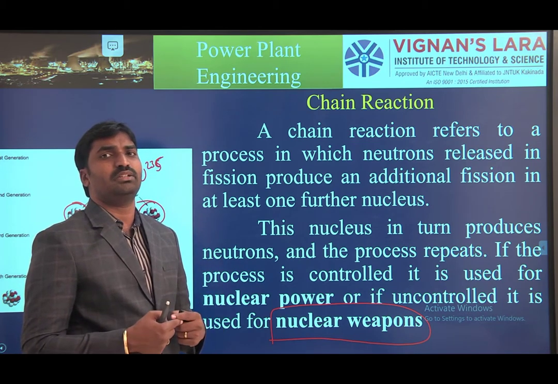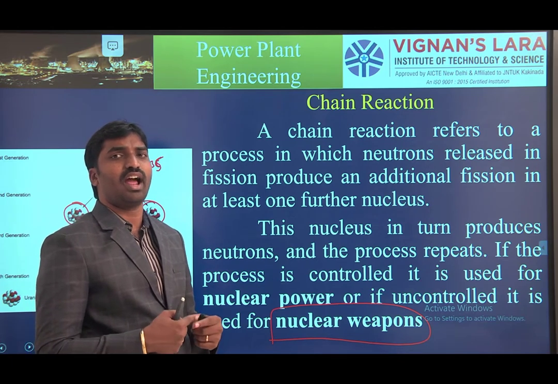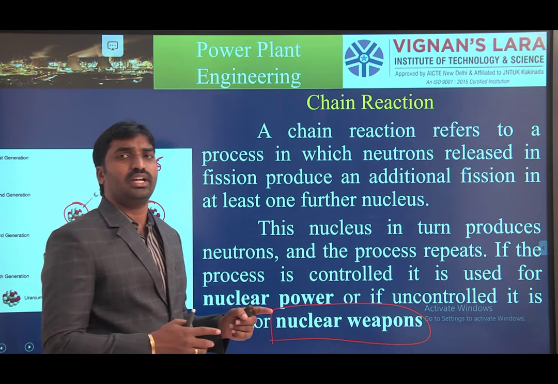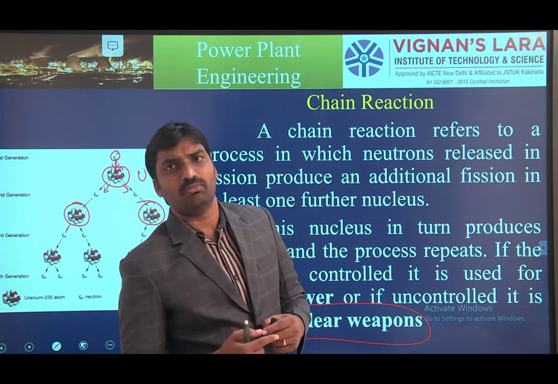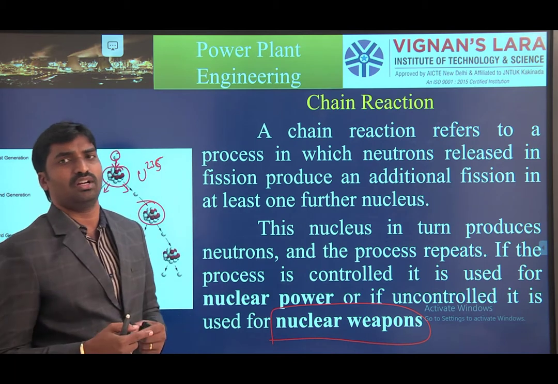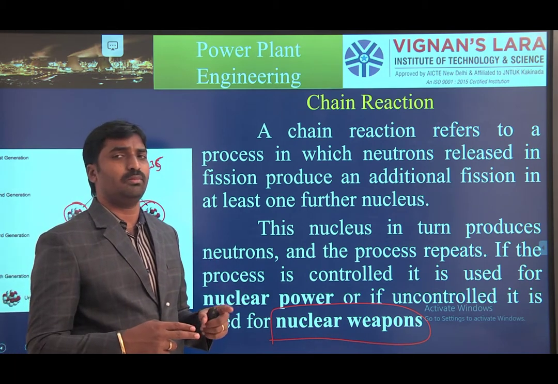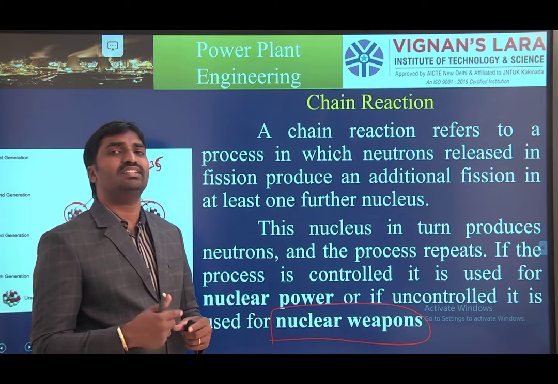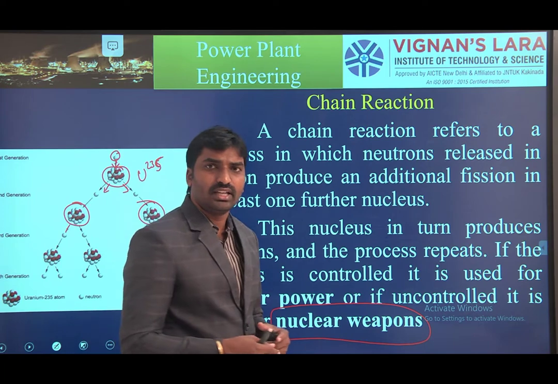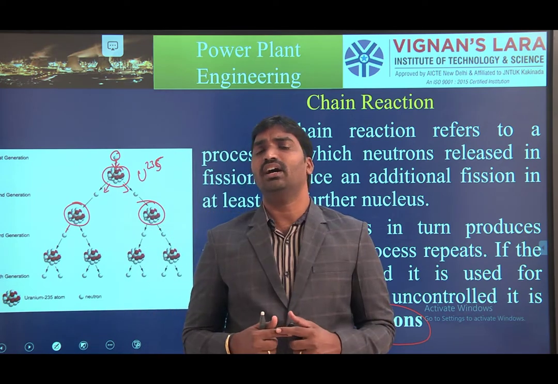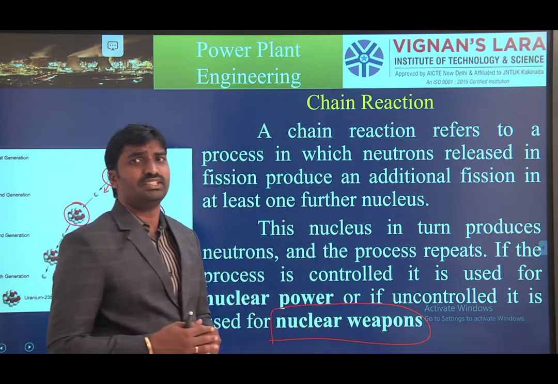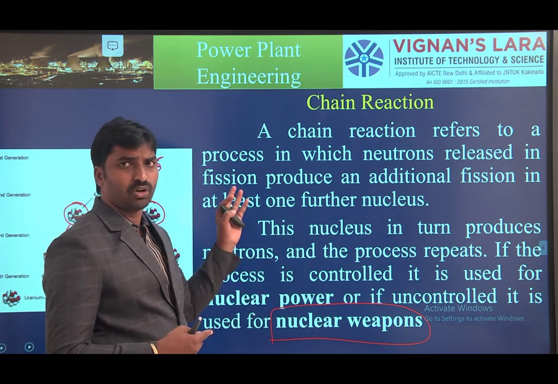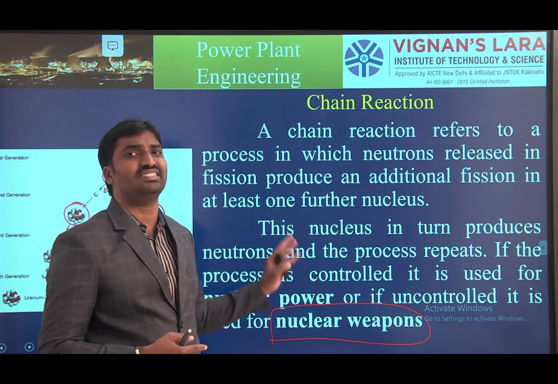There the chain reaction takes place. Chain reaction means one neutron collides with one atom, and that atom splits into two lighter atoms. For example, if a uranium atom collides with one neutron, it splits into barium and krypton. This continuous process goes on and releases a large amount of heat energy, which is very important to generate steam. The process is controlled by some methods: moderators and control rods are used in these reactors.